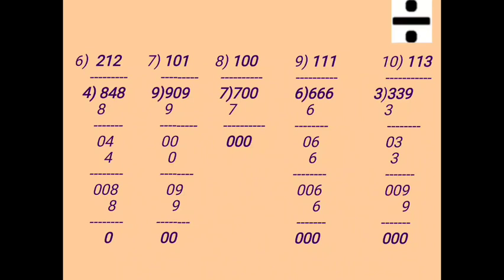Then after this step again you are going to bring down the next number, that is 9. Then in the 3 table you have to find where there is a 9. So that is 3 3s are 9. Then you have to do subtraction again. You will get the remainder as 0 and your quotient, that is your result, as 113. Now next,